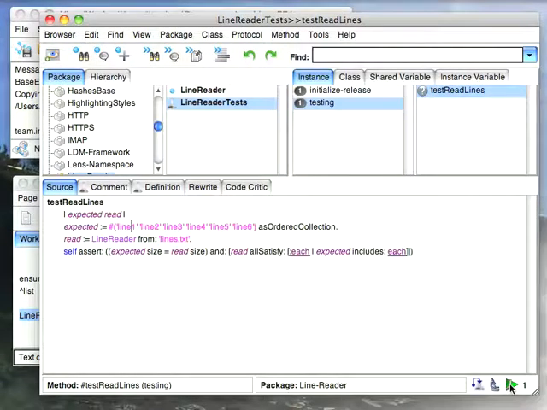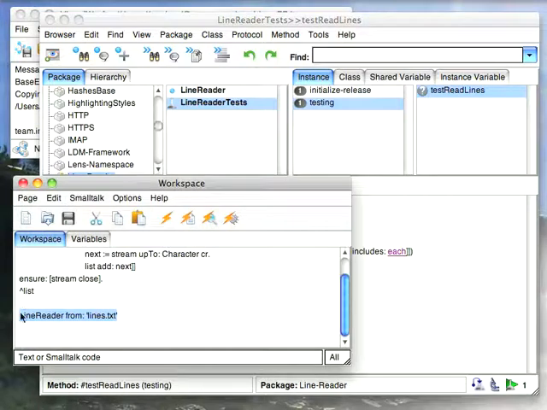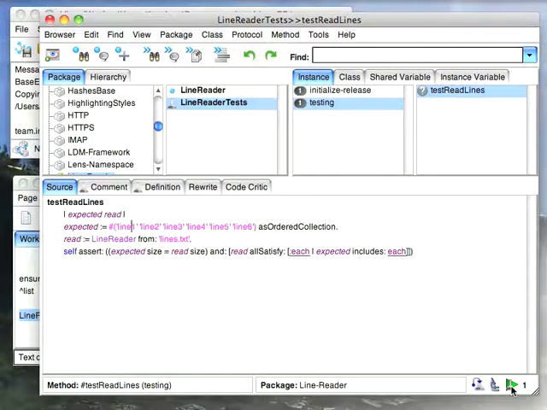Now let's shrink this down a little bit so you can see what happened over here in the browser. Down here, this stuff all activated. Now that I've created this test, instead of just running this in a workspace and saying, well, looks like it works fine, I can come over here and hit this button, and sure enough it runs green. So I've got a test, I'm testing my code, and now I can save my package out with the tests embedded,